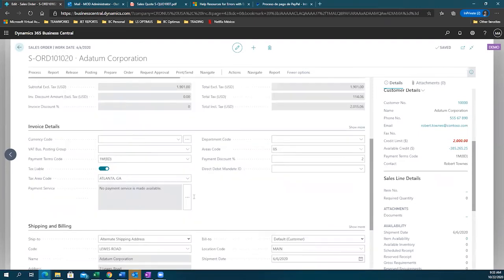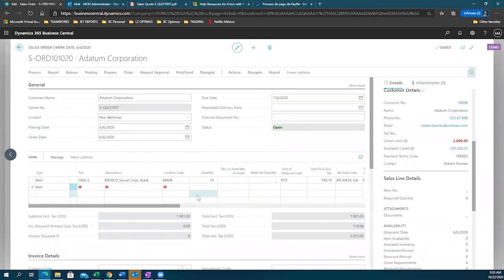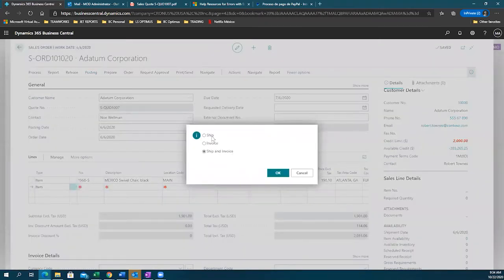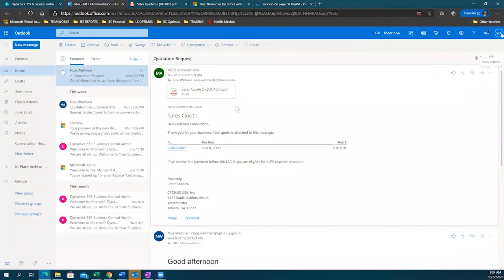And with this, I could just continue working with the functionality. And before, the origin of the information was in Outlook, correct? But the idea is that, of course, we can send any document through Business Central to Outlook to be sent to our customers. So just showing part of the functionality we have after the sales order is created, of course we can just post it here, or, I forgot to mention the function, we can post it here in Business Central, ship, invoice, or ship and invoice. But as well, if I immediately come and review the actual